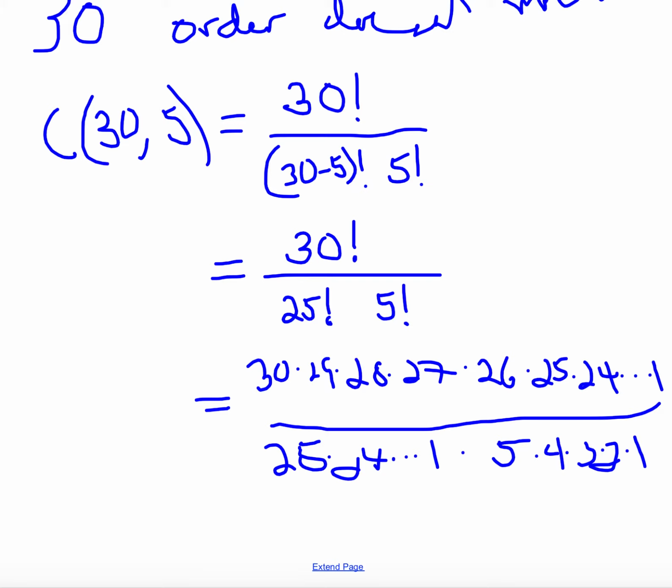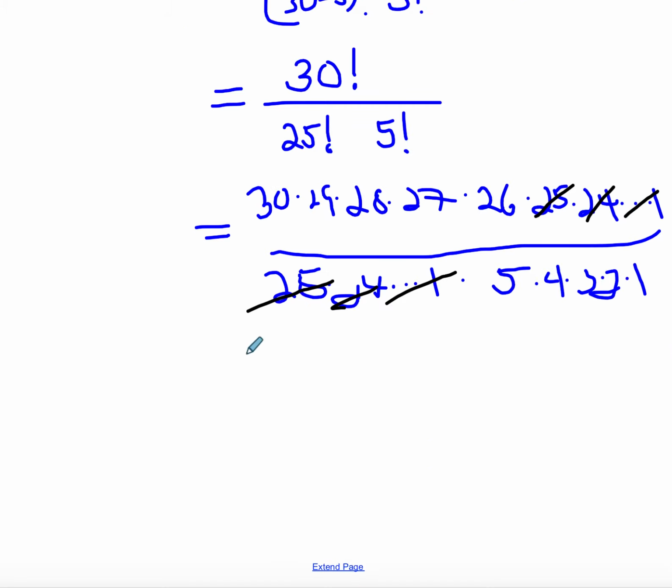And so one thing I want to point out to you is that 25 here and 25 here can be canceled. 24 and 24 here can be canceled. In fact, all of these can be canceled with all of those. So you really only have to multiply 30 times 29 times 28 times 27 times 26 on your calculator. And then multiply 5 times 4 times 3 times 2 times 1 on your calculator. So 30 times 29 times 28 times 27 times 26 is